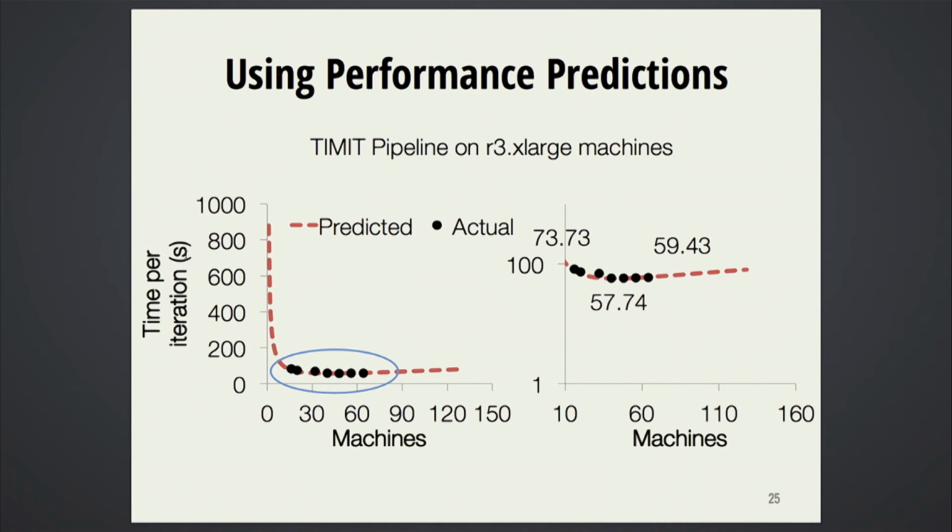In this case, the zoomed in version of the left-hand side is shown on the right-hand side. And we see that it's actually fastest when you use about 40 machines, instead of using 120 machines to run the same workload. At 40 machines, it takes around 57 seconds, and after that it increases to 60 or 65 seconds. This is for one iteration of the job that I showed you before. So the overall takeaway is that using the model that we built, we're able to figure out the optimal number of machines to launch for a given workload.